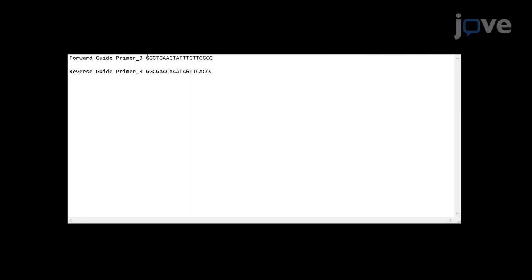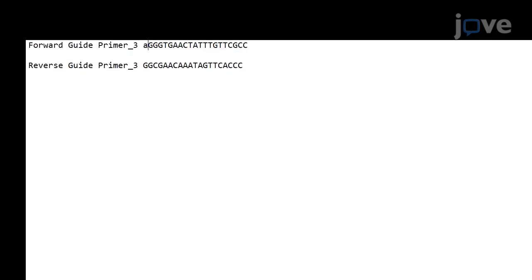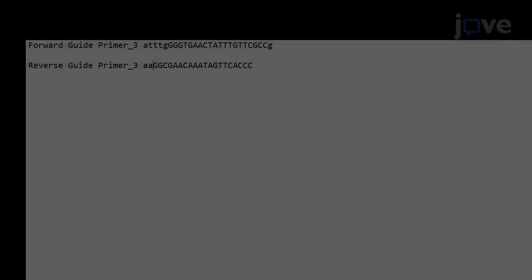Add overhang sequences to forward and reverse guide oligos to facilitate cloning. Add the nucleotide sequence ATTTG to the 5' end of the forward guide primer 3, and add G to the 3' end of the forward guide primer 3. Finally, add the nucleotide sequence AAAAC to the 5' end of the